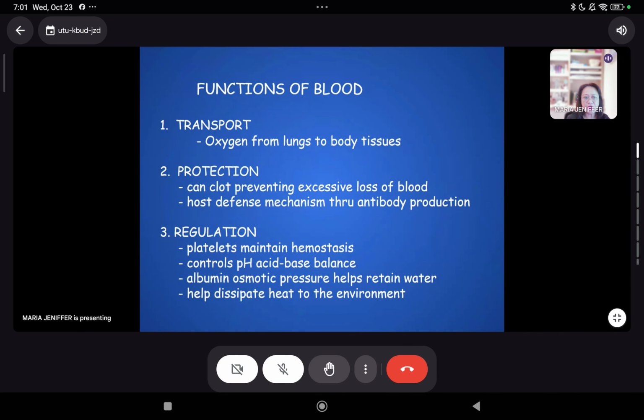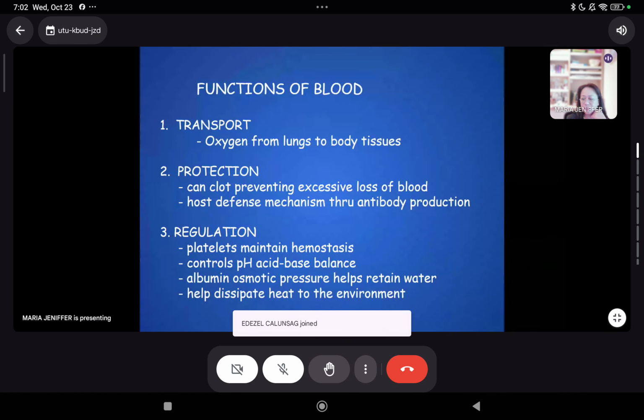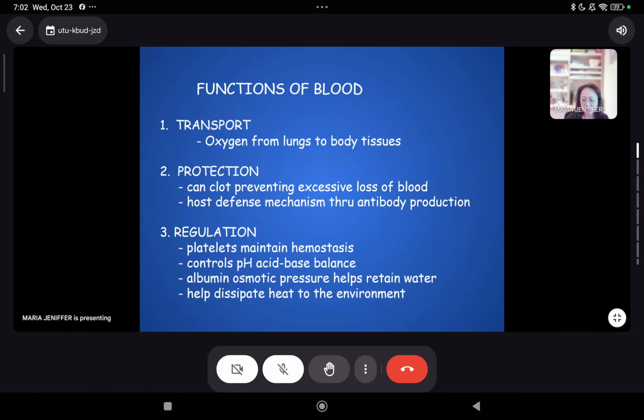So the functions of the blood: it's for transport, the transport of oxygen and some molecules, and it is also for protection of the body, particularly in the process of hemostasis. It also has to do with regulation